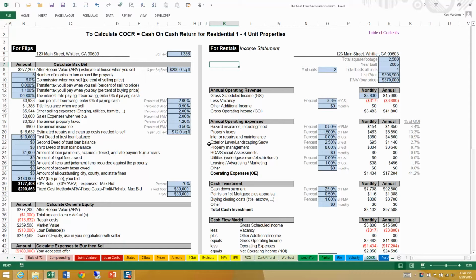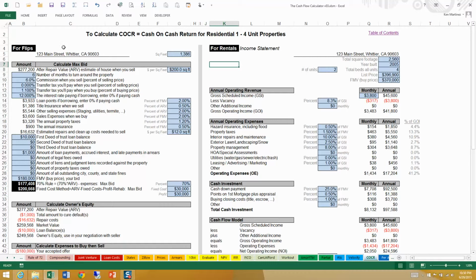So this tab is really calculating the cash on cash return if you're flipping or keeping a house as a rental. Each of these is really a full day seminar, so I'm not going to go into too much detail other than the fact that at some point, whether you're buying loans or you're not buying the loans, you're going to have an opportunity to buy a house and either flip it or keep it for a rental property, and you're going to want to evaluate your cash on cash return on that residential house